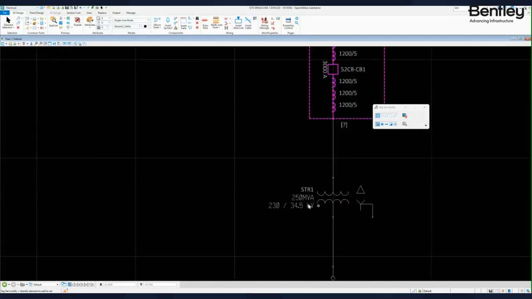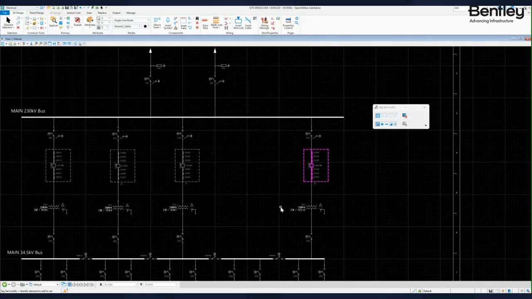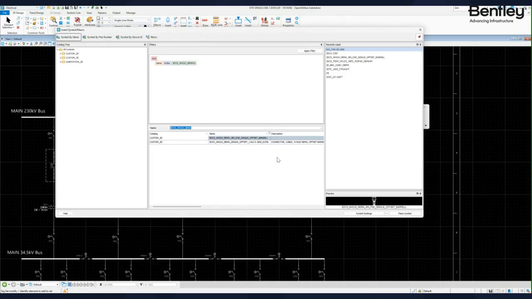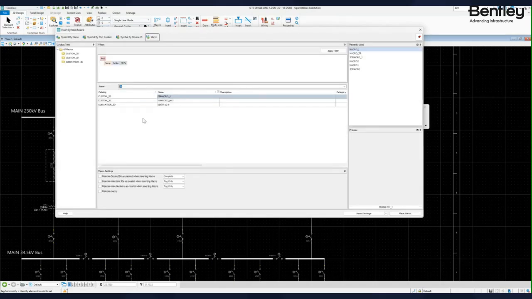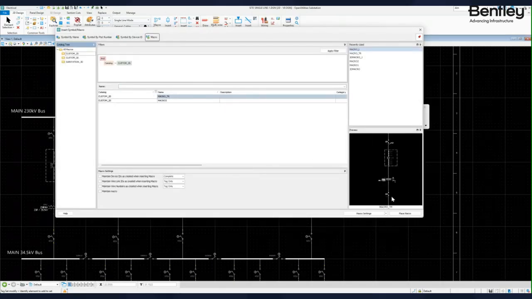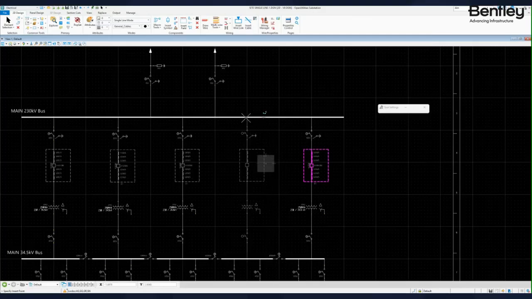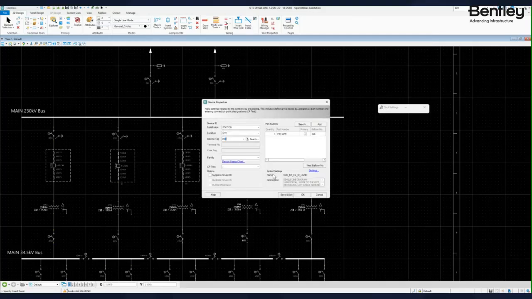Okay, as you can see, this information is here. When it comes to the macro, I can also use the macro in my single line diagram, schematics, and so on. I can simply go to Insert Macro, and from my custom 2D, I can simply add the whole bay as my single line diagram. And right now I can change the information like the device stack, or just save and exit,